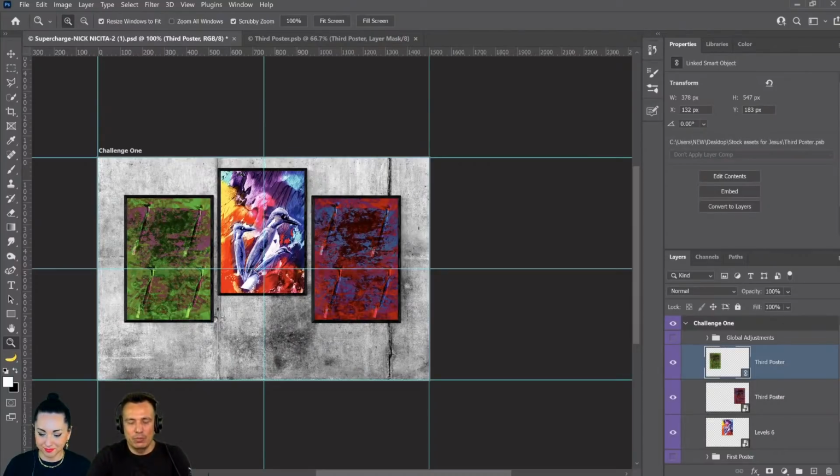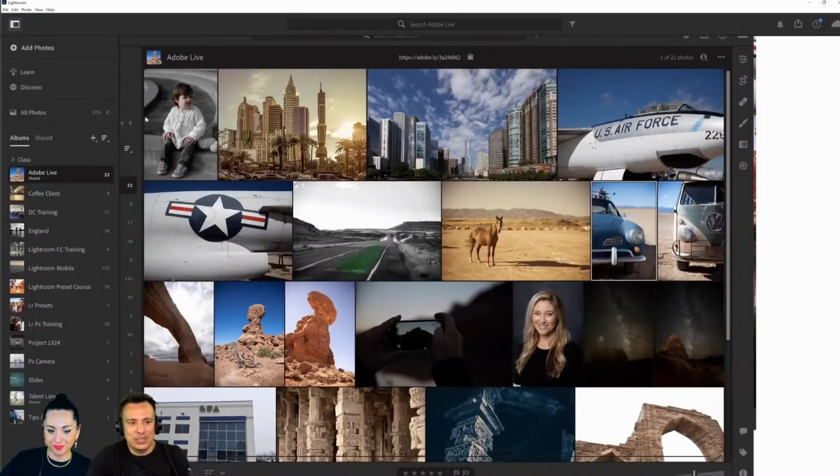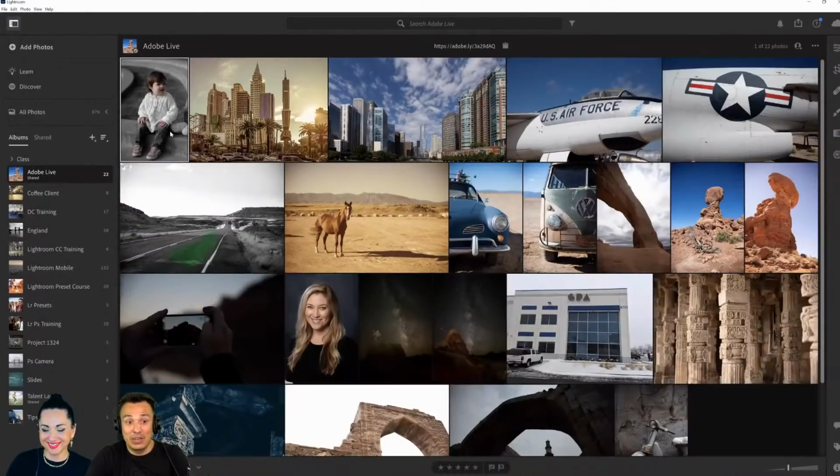So if you're working in Lightroom, and actually now that I'm talking about it, I guess I should show it. I'm going to open up Adobe Lightroom here, and it's opening up on my second monitor, so I'm going to need to drag it over to my main one as soon as it opens. But here we go. We have some files, and some of these images are actually shot by my good friend Mark Heaps, and I'm having trouble dragging it over. There we go. So this is Adobe Lightroom, and this is actually my friend Mark's daughter. She's older now, like 12, I think, but she was a baby here.